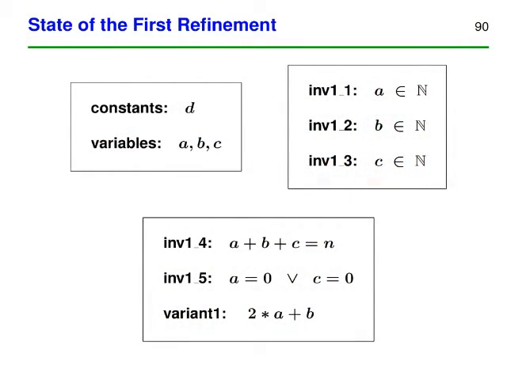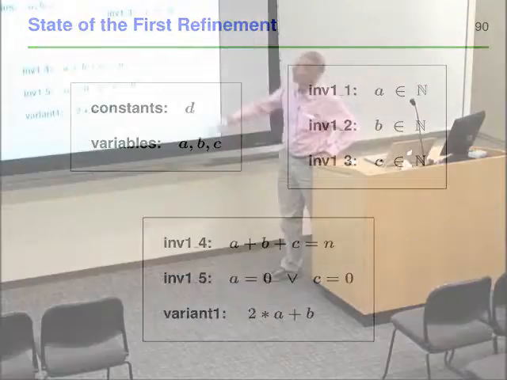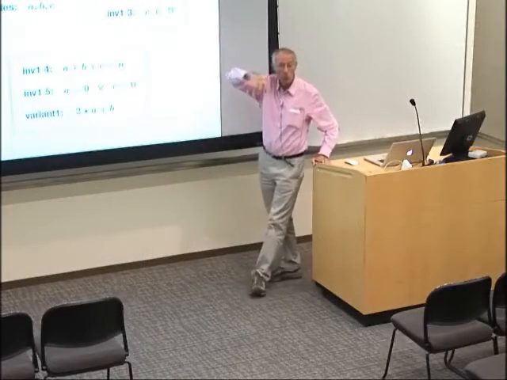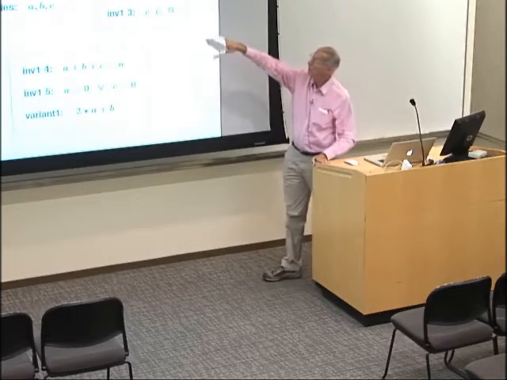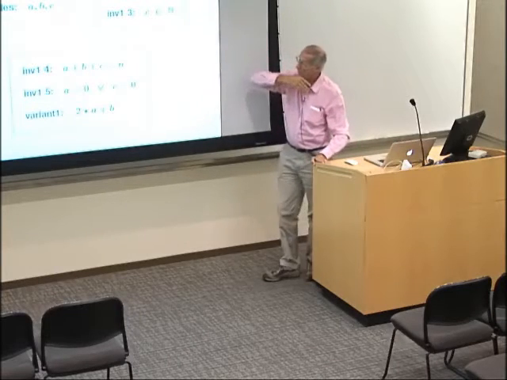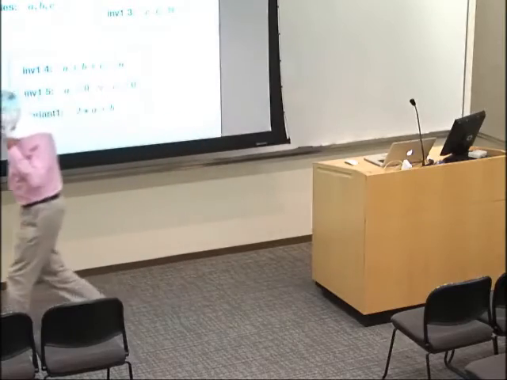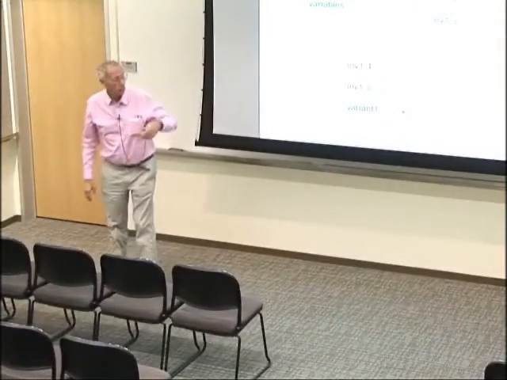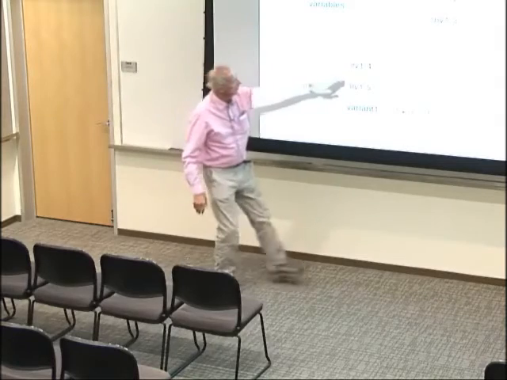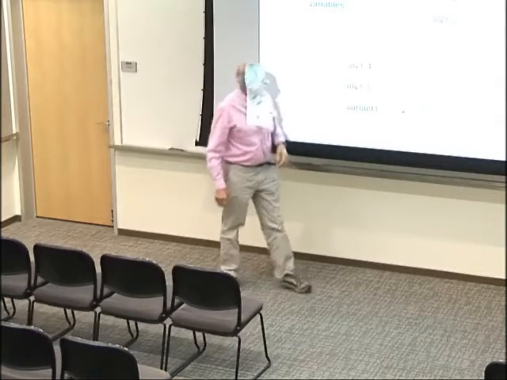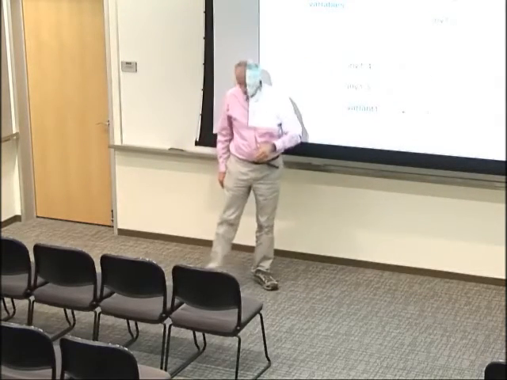This is the state of the first refinement. We had a constant d, you remember, the maximum number. We have three variables, a, b, c, which are all natural numbers. They are related here with the abstract variable n. So this is the so-called gluing invariant, gluing the concrete variables to the abstract one. Here we have the important